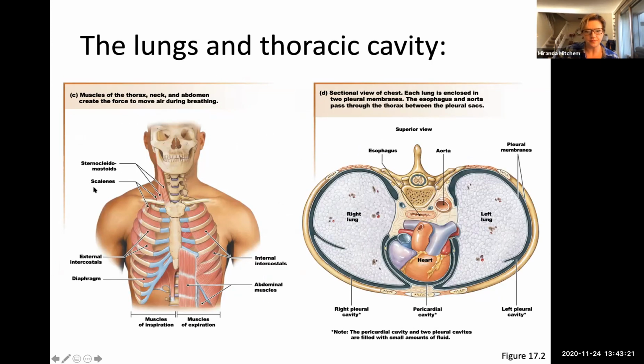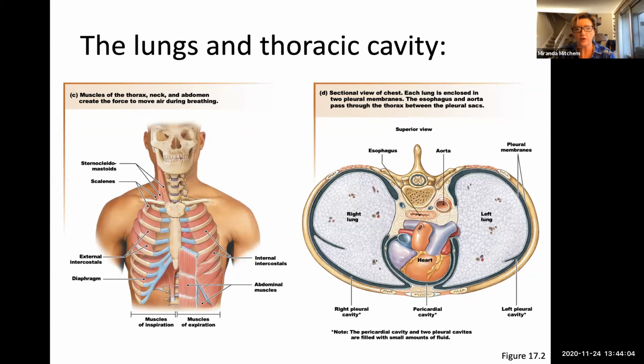active in the neck. For the muscles of expiration, it is the internal intercostals, as well as different sets of the abdominal muscles. So this includes the oblique muscles and some other sets as well. So the diaphragm is something that is associated with inspiration, and hopefully you'll begin to understand why in just a moment. Now, if we take and cut a person horizontally, that is looking at what's called the